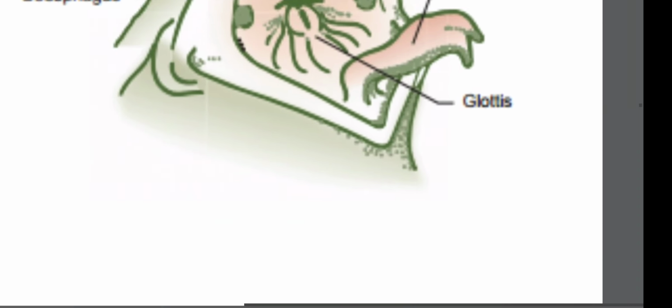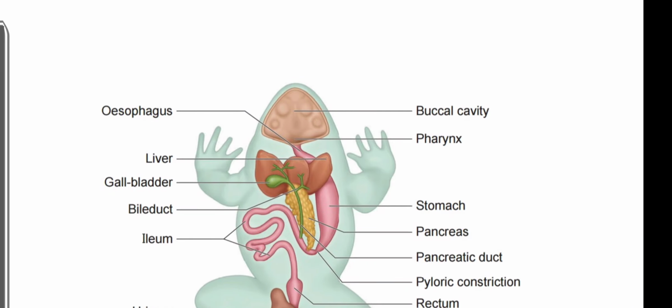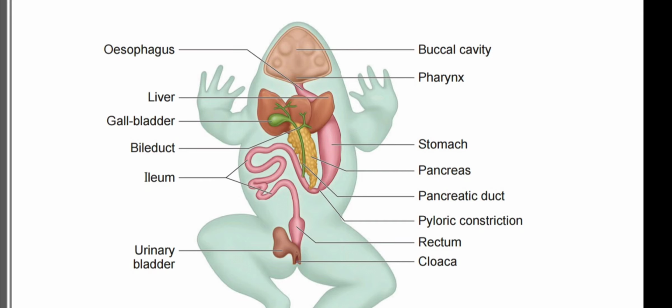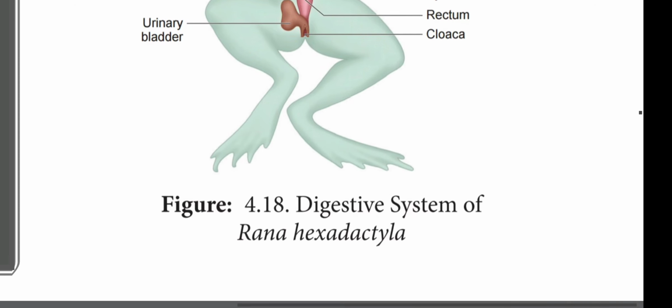See the digestive system. Here mouth cavity, then esophagus, into the small intestine, then it opens outside through the cloaca. Digestive glands are present in the duodenum. Liver and pancreas are opening there. By this the digestion is carried over. Then the respiratory system.